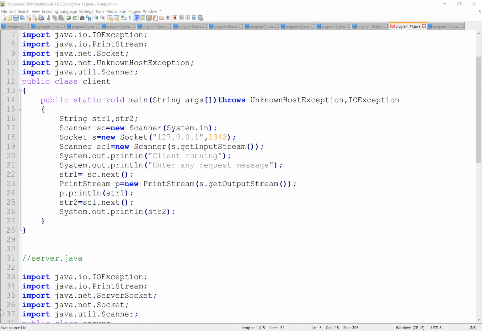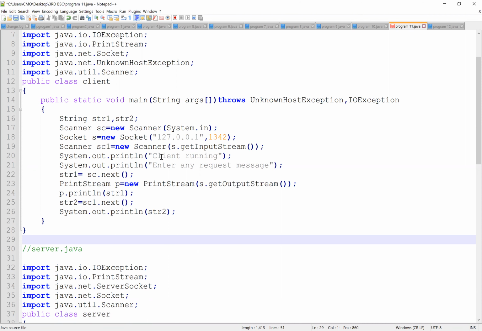First, IOException is the same. Next, PrintStream is also the same, Socket is also there, Scanner is also there. But the thing that differs is UnknownHostException on the client side, and on the server side, ServerSocket.